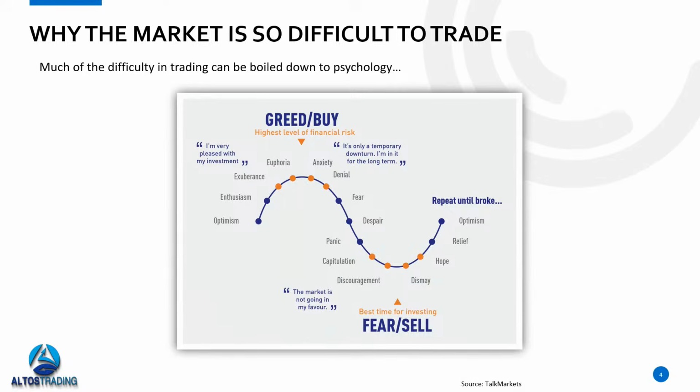But the key here to really understand is that we tend to get into trades when there's a high level of financial risk. So I don't particularly like the term greedy or fearful. Those are two psychological components I try to remove from my trading decisions. But this is really what happens, right? We get greedy when there's a high level of financial risk, and fearful when it might actually be the best time to trade. Okay, so I want you to keep this psychological curve in the back of your mind as we start to dive deeper into the Slingshot strategy.